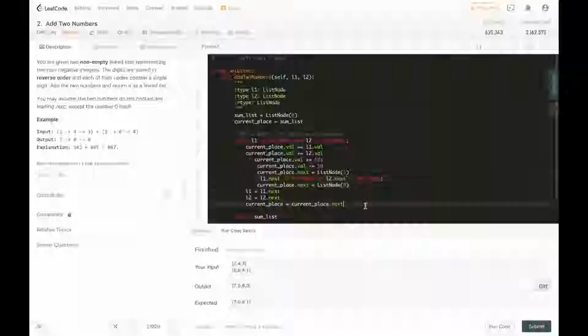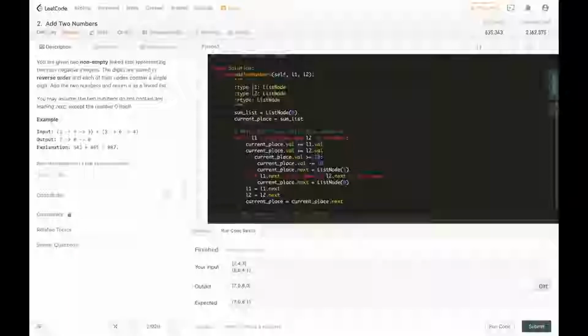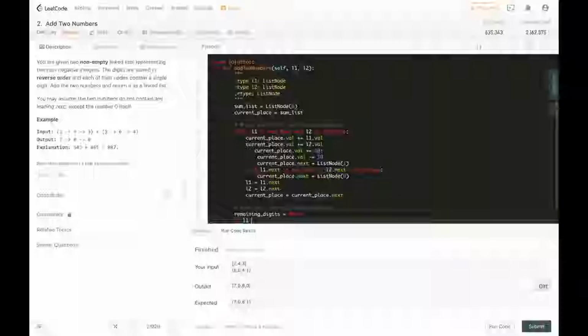So after we exit this while loop, when only one of the lists has elements, we are going to use that remaining list as the remaining digits and add those to our sum list. So we're going to grab whichever list is not empty. If L1 is not none,